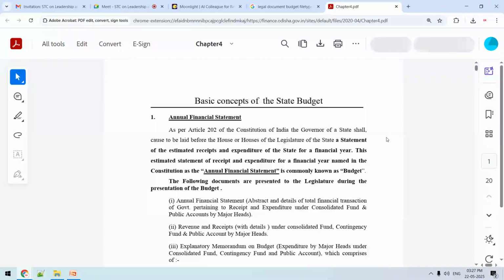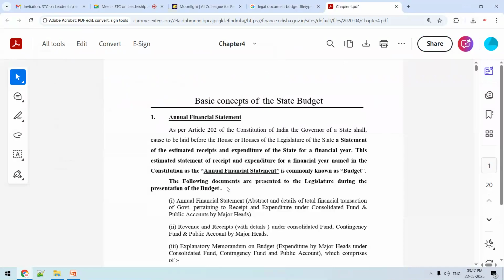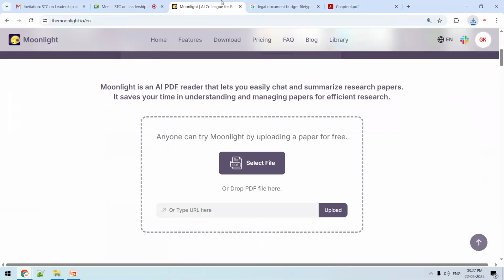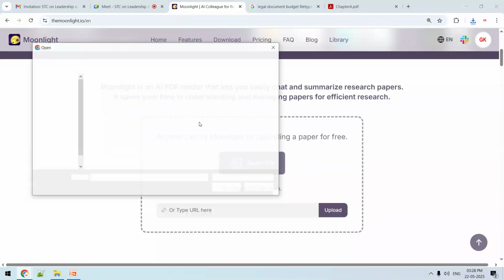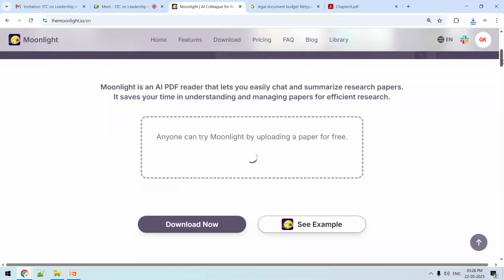Download. Okay, chapter 4, for example, this particular document is related to your university or institute or wherever you are working, and you want to find out a summary, you want to summarize it, you want to get detailed information,